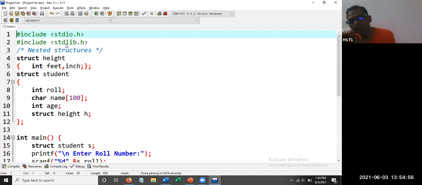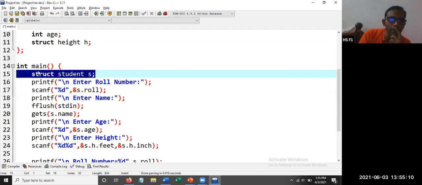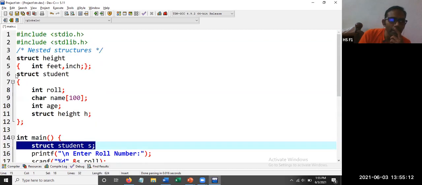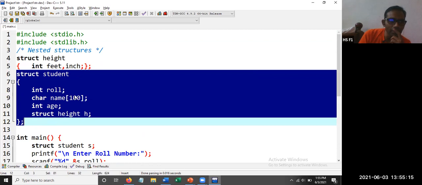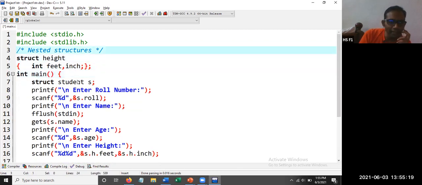So we have seen all types of variables of structure. Now we are going to have one more variable called as pointer. So suppose we want to declare this particular, let me make it simple. Let us go with the simplest one, that is height. Okay, very simple one. Sir, why height every time?